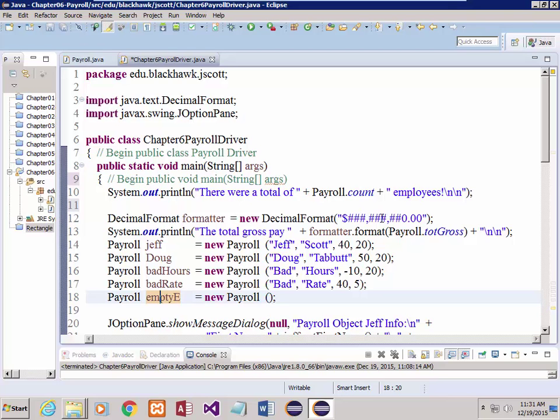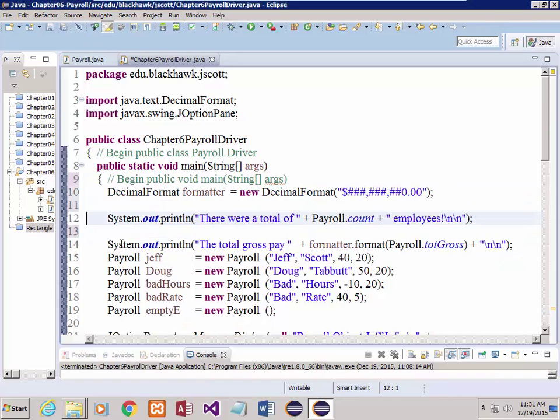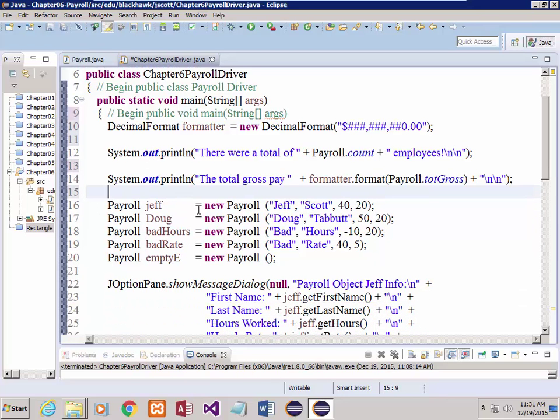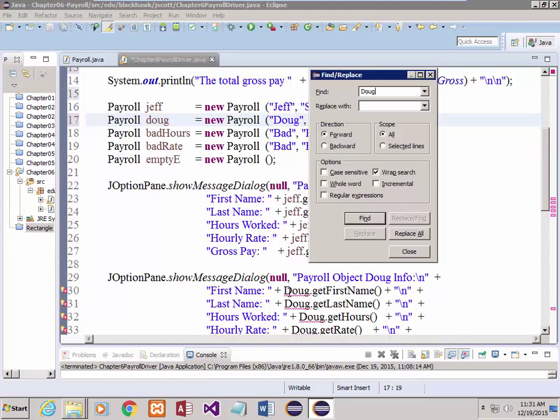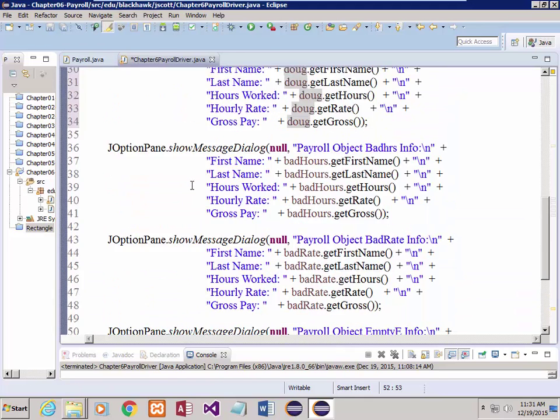All right, then we set up our decimal formatter, and really I could have made that line first. I probably could have reversed these two. The total gross pay, that should add up the gross pay for all employees. Now we're coming in here and we're creating all of those employees. Please play computer here with me and look at this. For the first employee, which is Jeff, let's make that a little d. I'm sure I'm going to have to change some of those later. All right, so I changed them all. Taking it from the top,